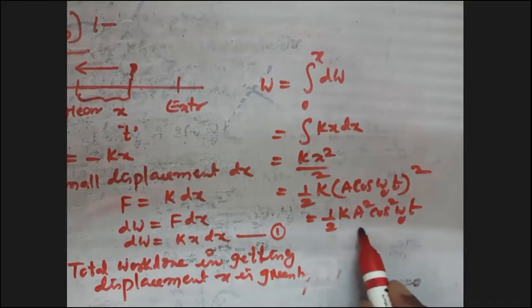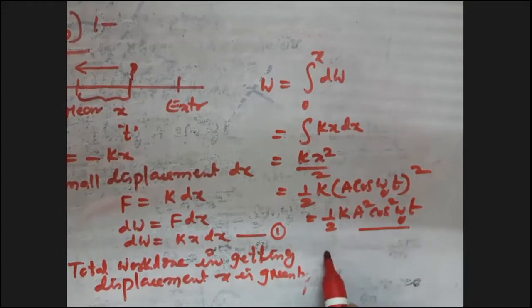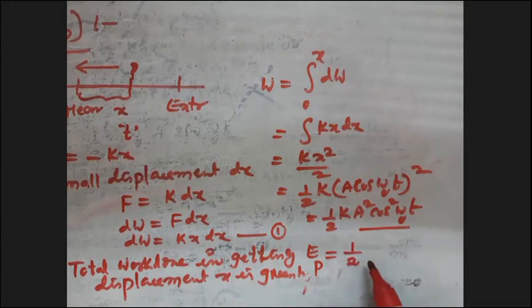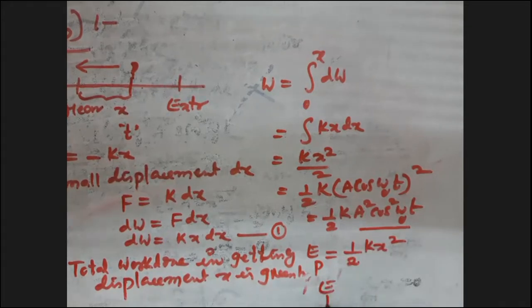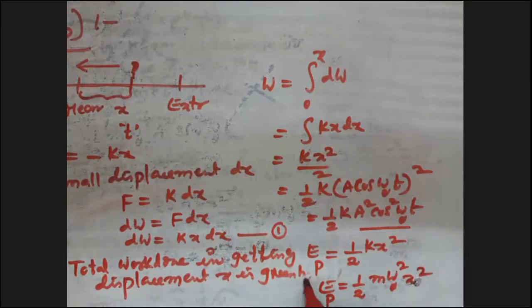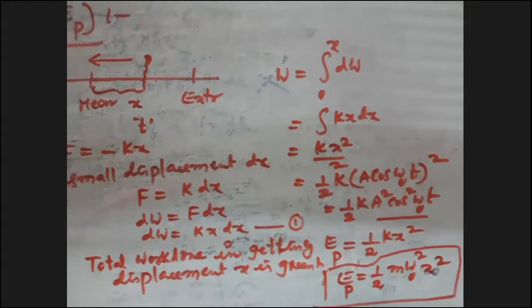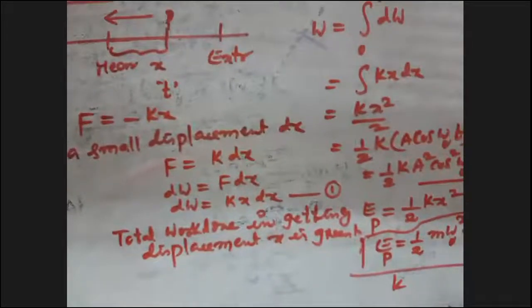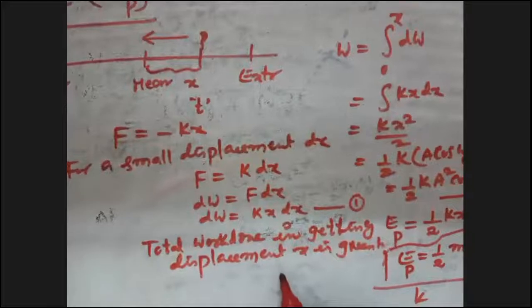But A cos omega naught t is x, so the potential energy in terms of displacement is half k x square. But k is equal to m omega naught square, so half m omega naught square x square, where we substituted k is equal to m omega